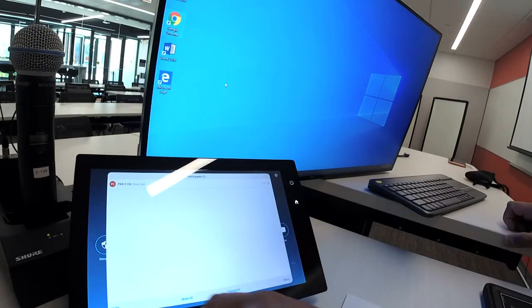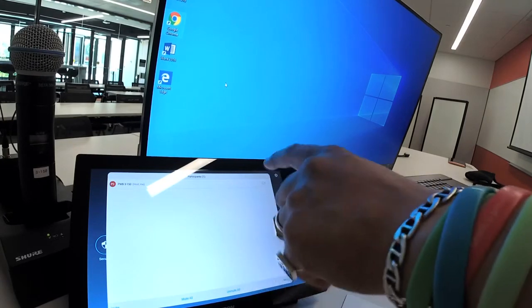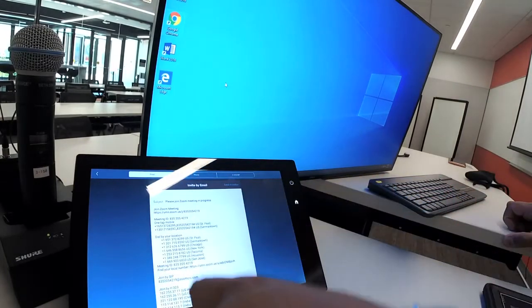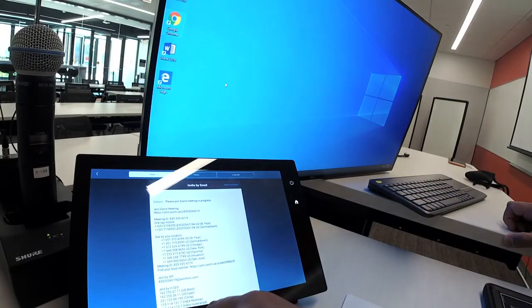A list of all the participants. If the Zoom room is the host, or if you are the host, you could mute or unmute folks as you need. You could also invite folks. Generic email with the connection info is created, and then you would just